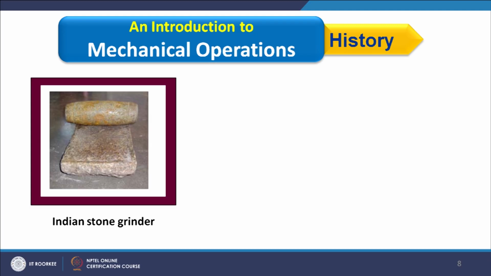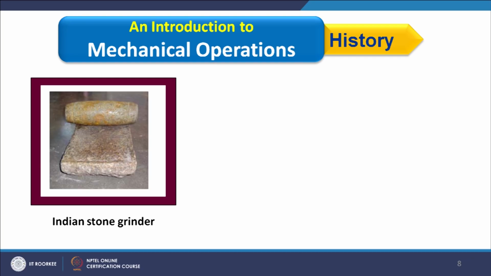This testifies that people at Karanis had a good understanding of the mechanics of both grain harvesting and woodworking. So, considering all these figures, we can associate ourselves with the mechanical operation we were using since the history, or since the very beginning. So, now another example from the history is this stone grinder. We have found this in our houses these days also. We have been using this since the very beginning, and right now also we are using this.